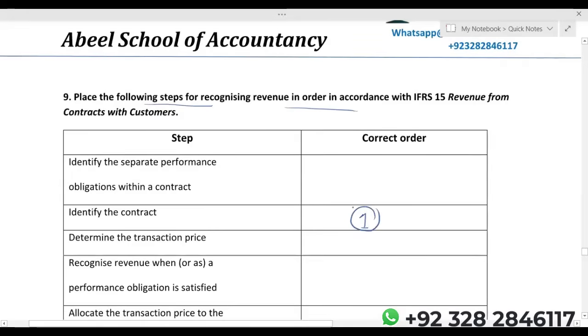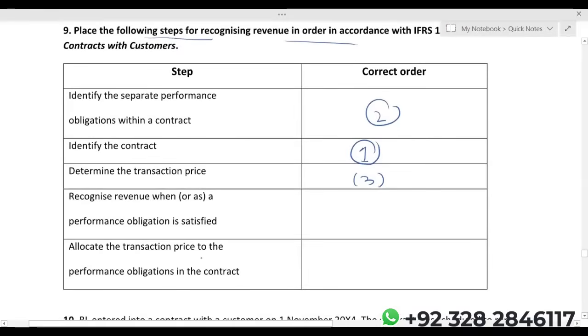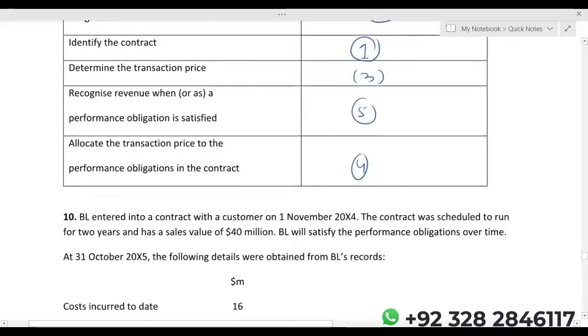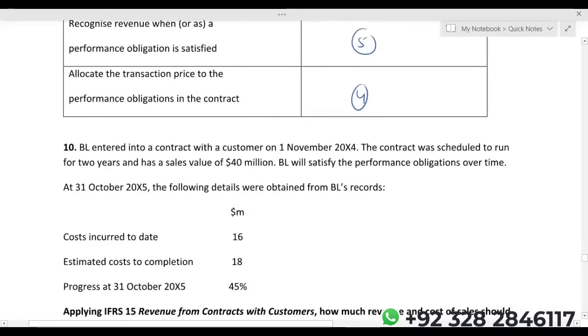Number one is identify the contract. Then I need to know the performance obligations. Identify the separate performance obligation within the contract. Then determine the transaction price. Allocate the transaction price to the performance obligation, and then finally we will recognize the revenue. Actually, revenue is recognized in the last step. Okay, now